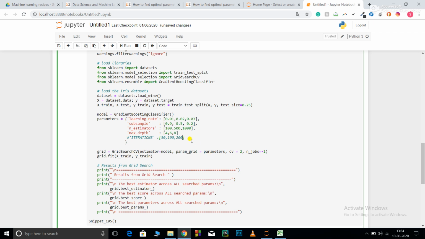Whereas in random search CV, you need to write n underscore iter equal to 7. That is, I want to perform 7 iterations.